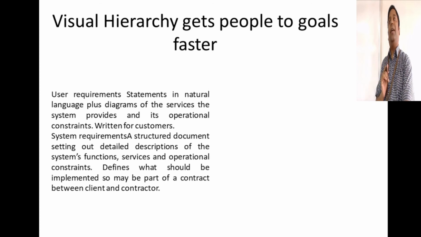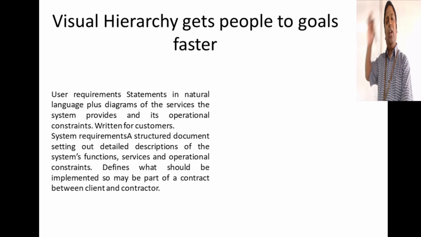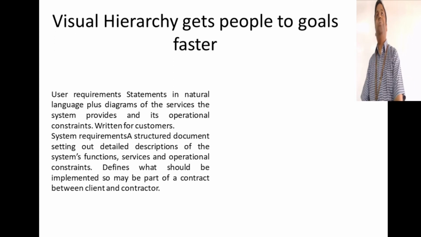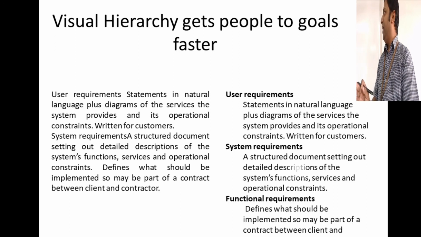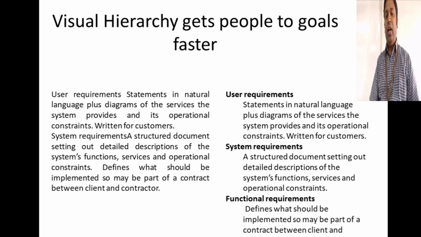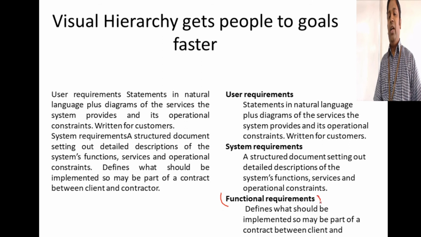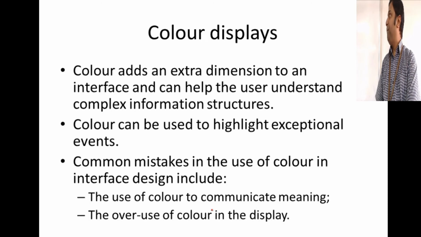Visual hierarchy. Even when you give information like this, it's very difficult. People don't like reading text. Please understand that. They don't like reading text. You have to give them what they need. Say, I may be interested only in functional requirements. I'm not interested in the other requirements. Why should I even go through this and read? But if I provide this, I can very well visually analyze and understand. These things come under user interface design.